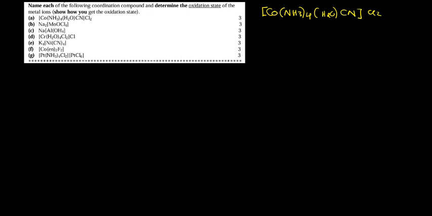So the first step that we need to do is to find the oxidation state. So how do we find this? So we'll say this cobalt is our metal, central metal ion. So it's the one we're interested in. So I'll put this value as X. All right, then ammonia is neutral. So what I'm going to do is I'll say it's having the charge of 0, then 0 times that 4 we have there. Okay, then inside there again we have